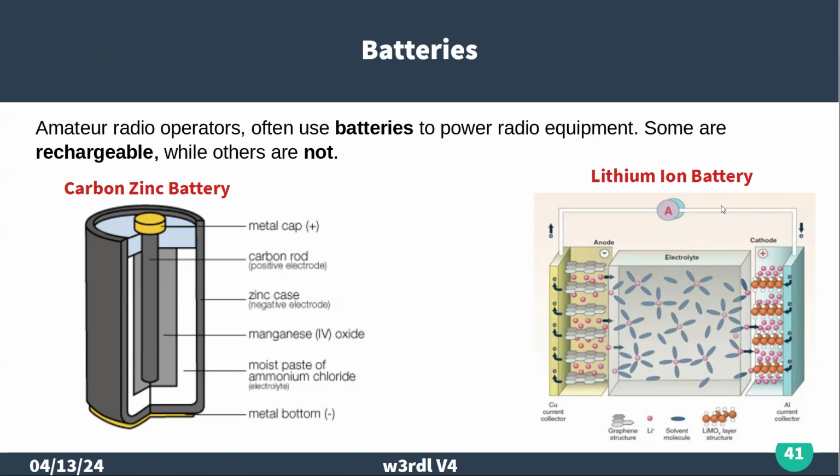On the other side, we have an example of what's inside of a lithium ion battery, which would be one of the rechargeable batteries. It's kind of complicated, but it does consist of an anode and a cathode, like the carbon zinc. So the anode is going to have a positive charge, and the cathode,